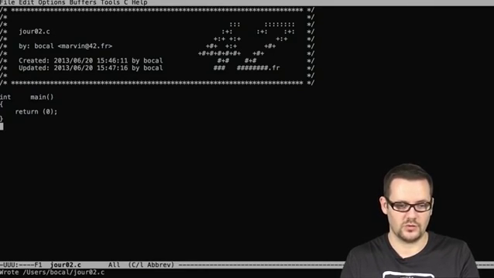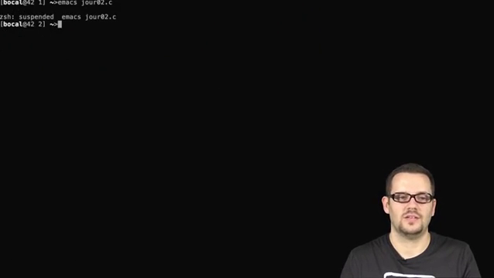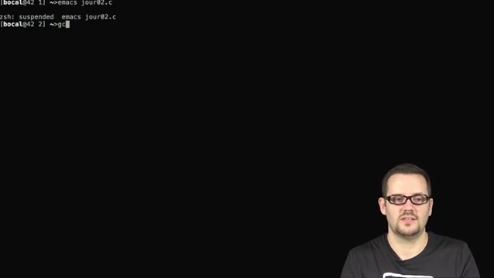Let's save our file with Ctrl-X, Ctrl-S. With Ctrl-Z, Emacs will run in the background. You can see in the shell the task was suspended. Now, let's compile our file with GCC, which is the compiler. GCC has several options. For instance,